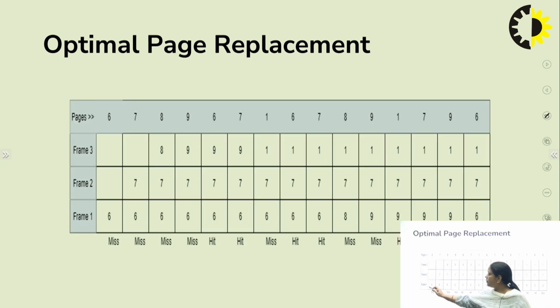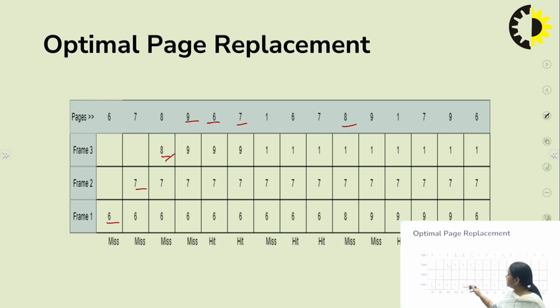Firstly, the string is the same. Frame 1 will fault, then frame 2 will fault, then 8 will fault, then 9. Now we will see 6, 7, 8 is already in the memory. We will check which element will be accessed after the longest interval. You can see here the longest interval is 6, 7, 8. We have 6, we have 7 here, but 8 will be accessed in the longest interval. That's why we will change here